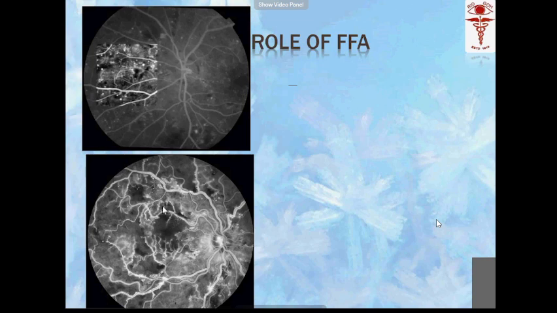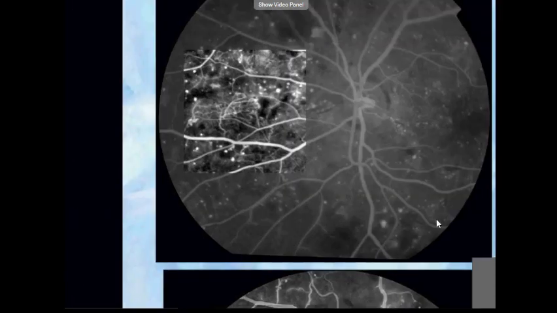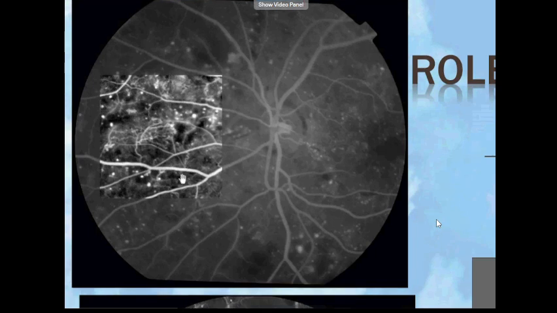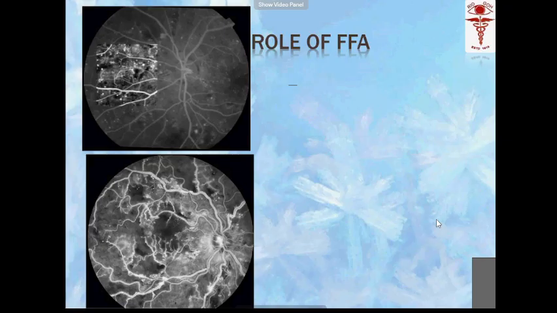And see, you can see the dot and blot hemorrhages. You can nicely see the microaneurysms. The microaneurysms are like pinhead-sized bulb-like lesions. So these are the microvascular microaneurysms. And see, these are fuzzy-like vessels you can see, connecting a vein and an artery. Are you able to see this part? So this is what we call the IRMA, intraretinal microvascular anomaly. So all these things suggest that it's a case of very severe NPDR.